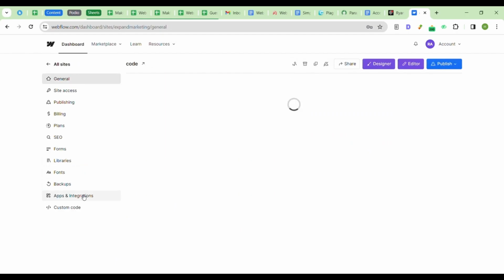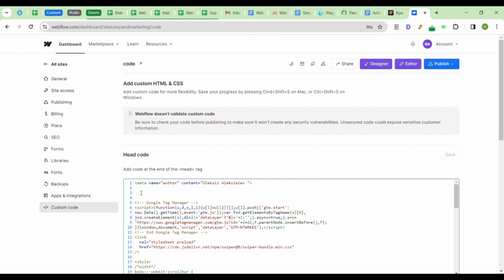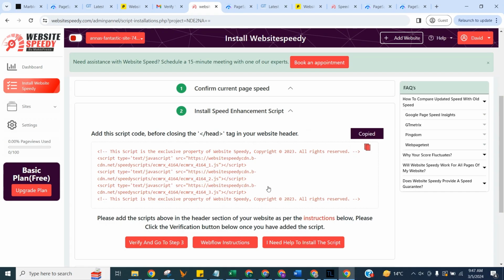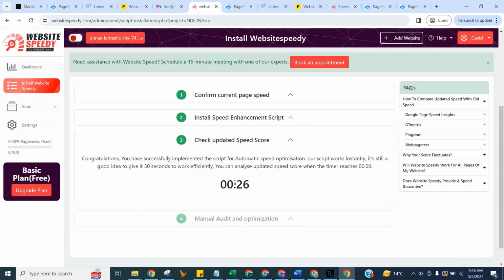Go to the Webflow website dashboard, navigate to settings, click on custom code, add the Speedy script and save. Once you add the script, click verify, and proceed to step 3,